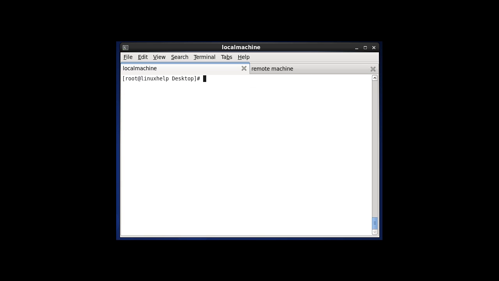The next example of rsync is to display the progress while transferring files from local to remote or remote to local. How to check the progress, let me see the example. rsync hyphen zh ssh for